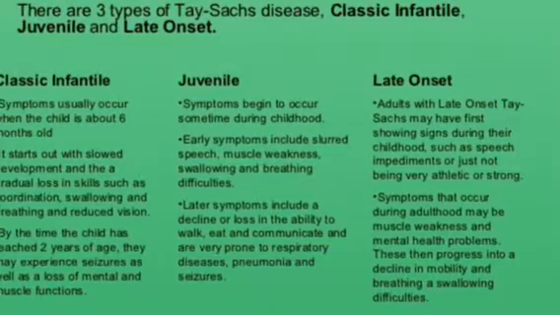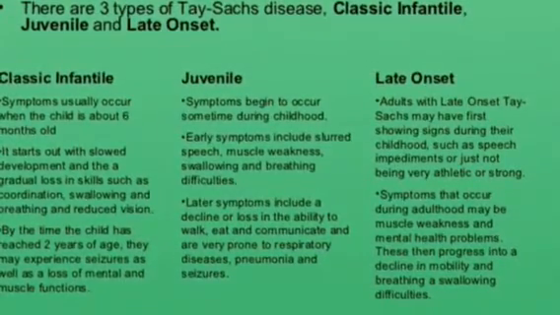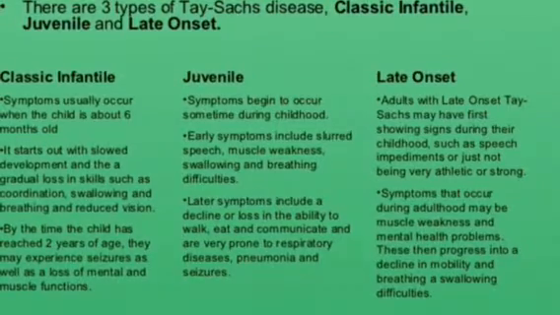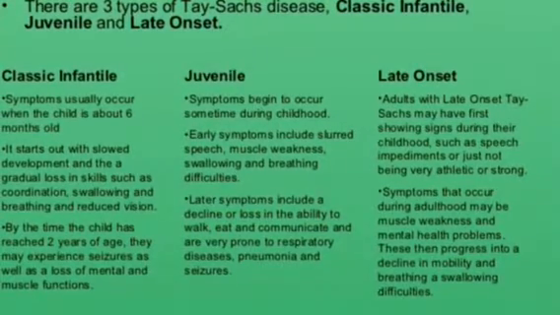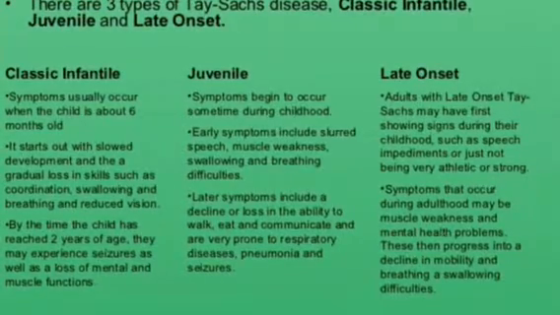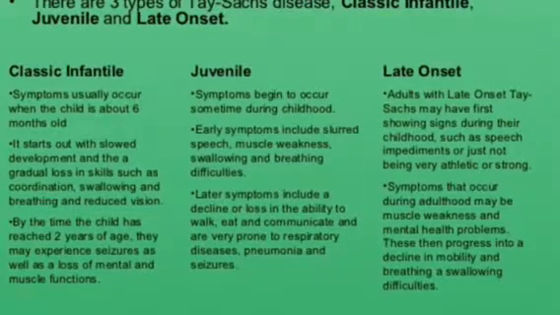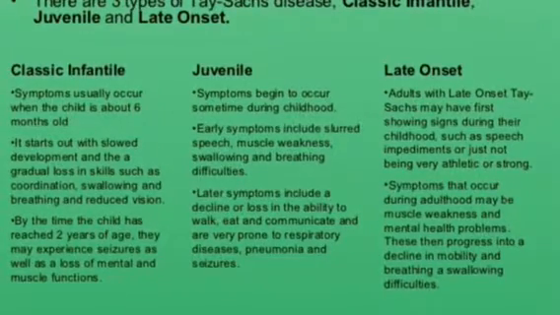Infantile Tay-Sachs is the most common form of the disease. Symptoms usually start appearing around 6 months after birth, and are usually losses of certain abilities the child could do before, loss of vision, trouble swallowing, and can escalate to seizures and paralysis as the disease progresses. Usually death occurs by age 5.